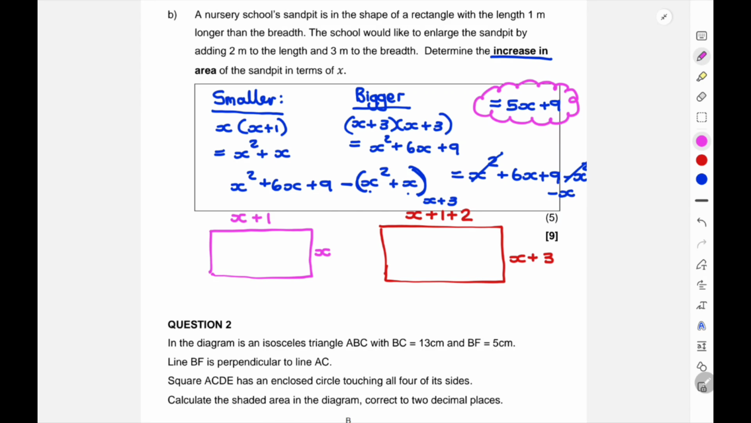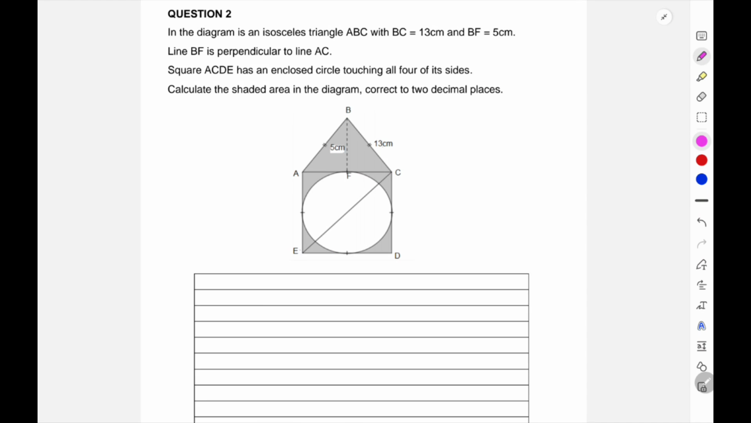Okay, so hopefully you might have looked at it and said, well, how do you get this? But after doing the picture and the algebra, and the more you do these sums, the easier it will get, I promise you. Okay, in the diagram below is an isosceles triangle ABC with BC equal to 13 centimeters